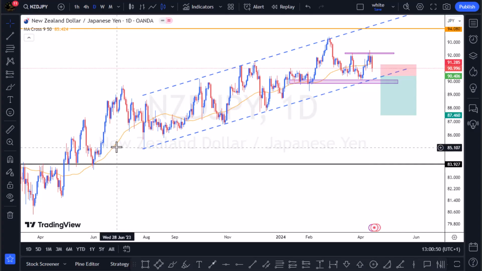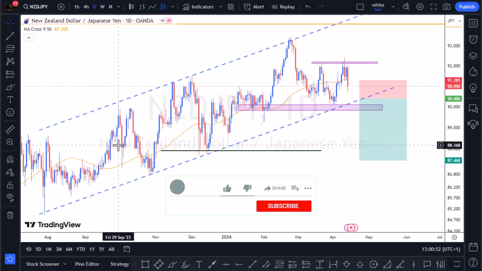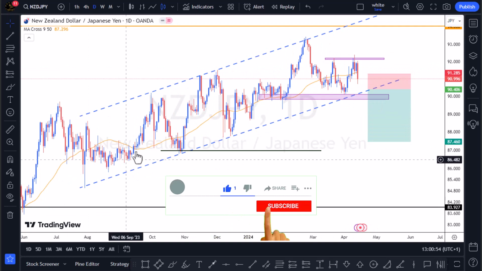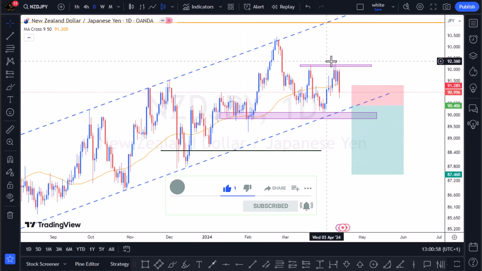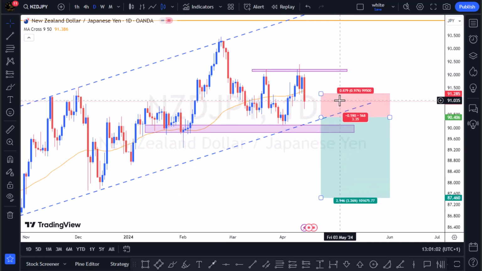Now let's check out the New Zealand pair against the JPY. This is the daily chart of the New Zealand pair against the JPY. As you can see, this market has been bouncing up and down in a rising channel. And what I can see right here is a kind of ranging medium. This asset was one of the assets I analyzed in the previous weekly forex forecast, and